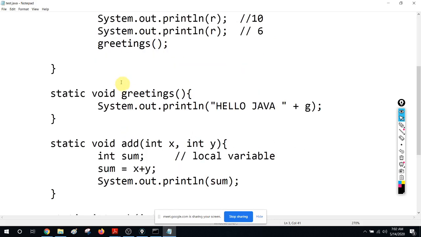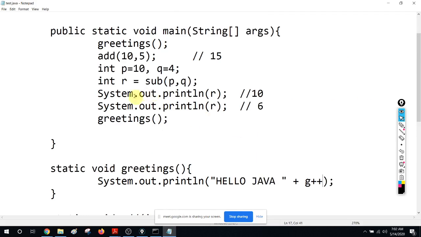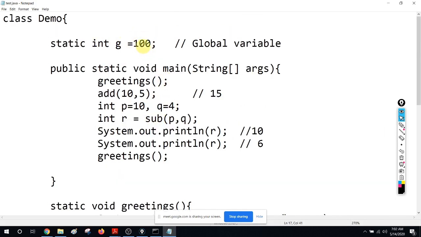The thing is also, if you change the value, that change is also reflected. So let's do something funny. After printing, we are going to increment it, right? Remember, this is postfix, so it will first print it, then it will be incremented. That means next time when you call the greeting, you must see the incremented value. The first time it will be 100.